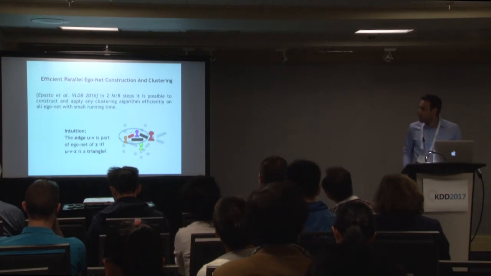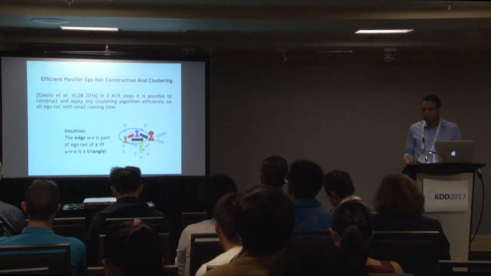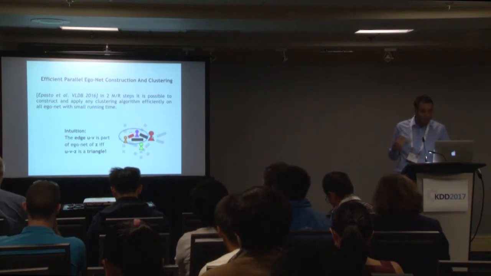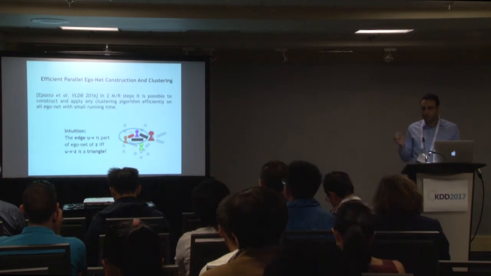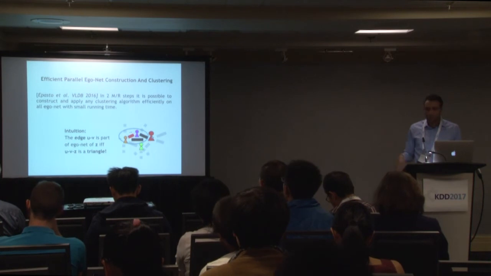Now, of course, you might wonder whether this is feasible on very large graphs because it seems to be a complex procedure. And if you do it in a very naive way, this will take n squared time. However, as we have already shown in a previous paper, it is actually very efficient to construct the EgoNets and cluster them. And in particular, it is as efficient as computing the triangles in graphs. And trust me, there are tons of papers on counting and enumerating triangles. So this can be done very efficiently, and there are more details in our paper.